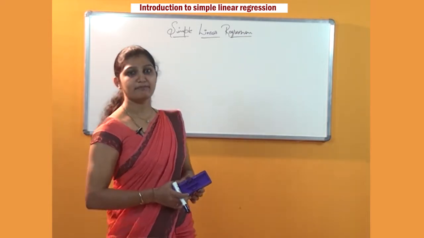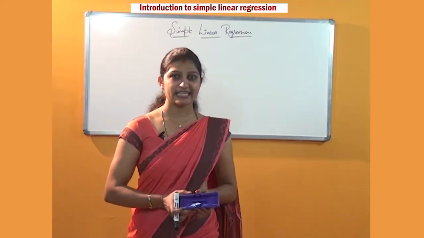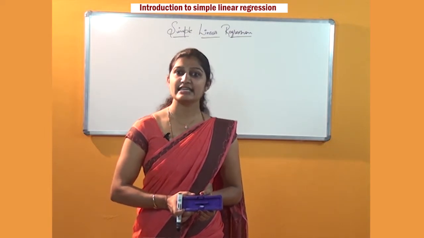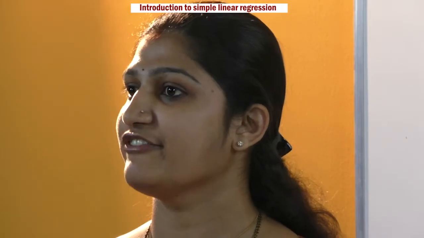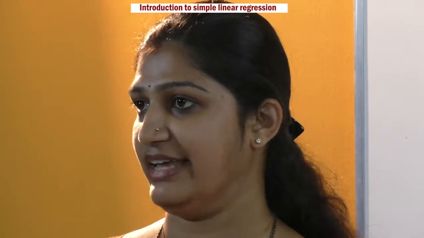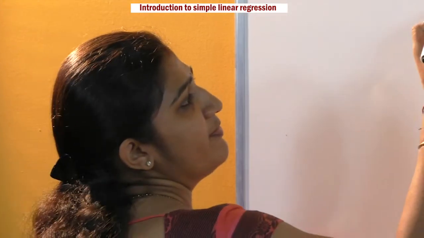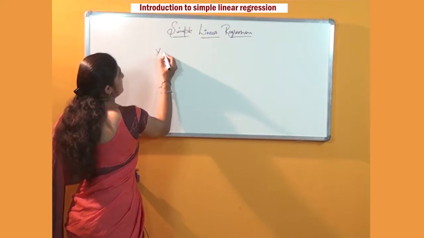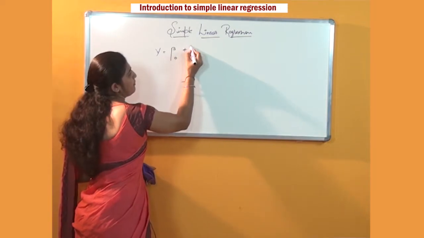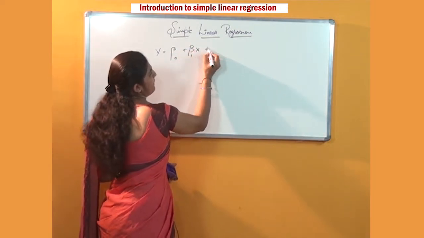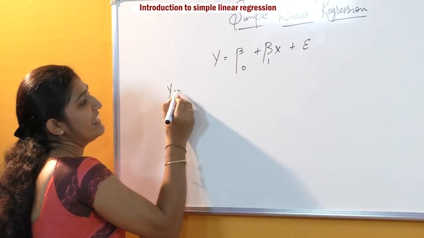Now we'll go with the simple linear regression model. A simple linear regression model is a model with a single regressor x that has a relationship with the response variable y. A simple linear regression model is given by y = beta naught + beta 1 x + epsilon, where y is the